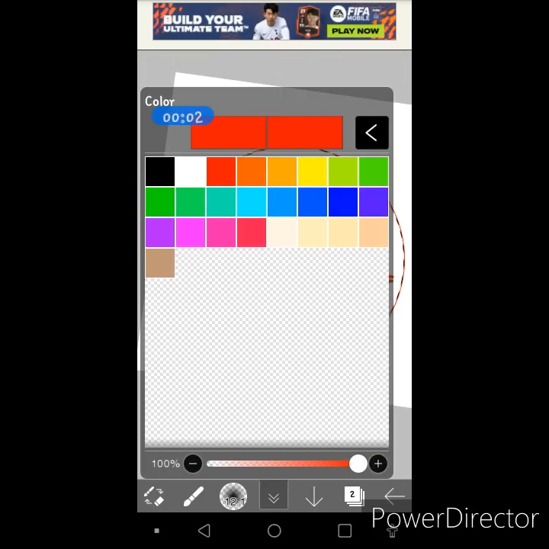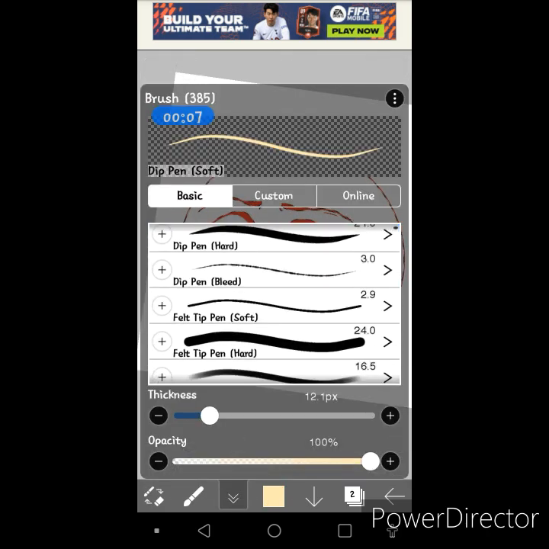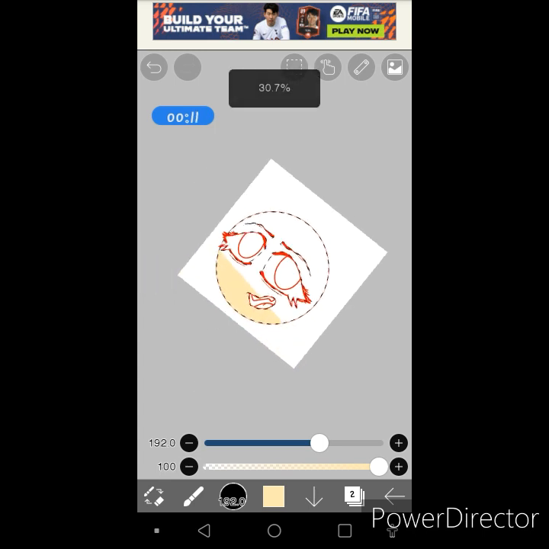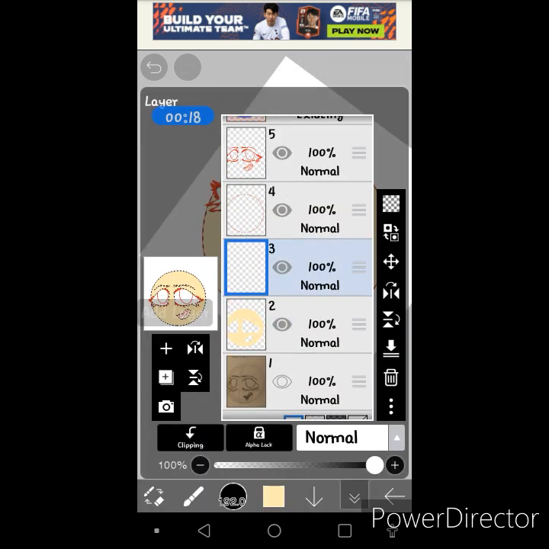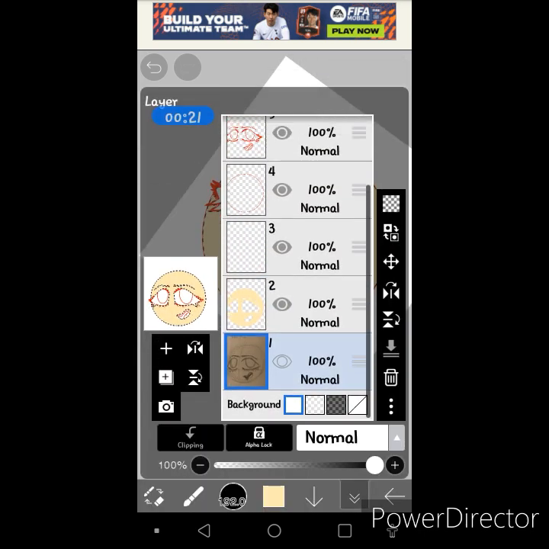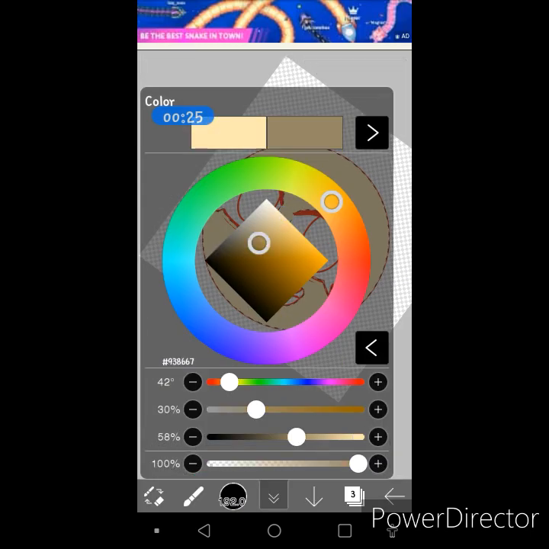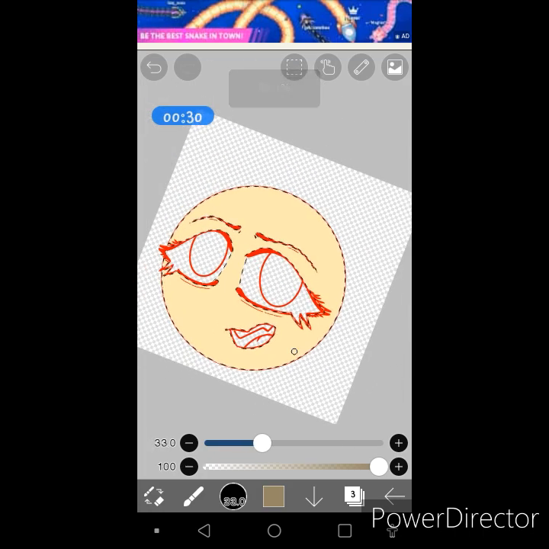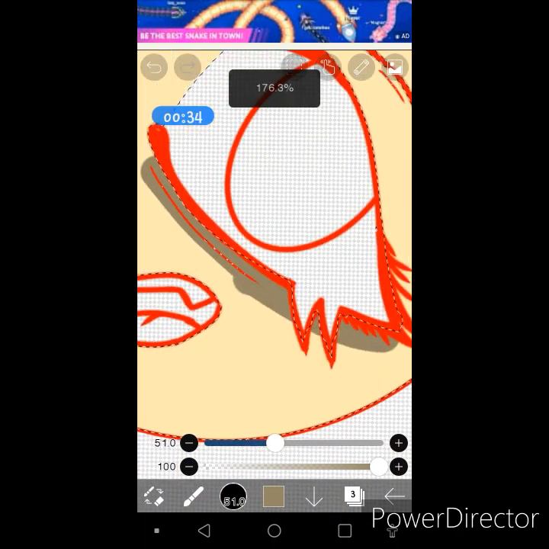I decided that I would do a tutorial on how I kind of color things. It's haphazard, but I wanted it to be quick, so I wasn't really worried about perfection. Right now I am adding the base colorant, and I'm creating a new layer. This is because whenever I color it, the layer becomes slightly transparent whenever I blend. So I chose a darker shade of the original skin tone